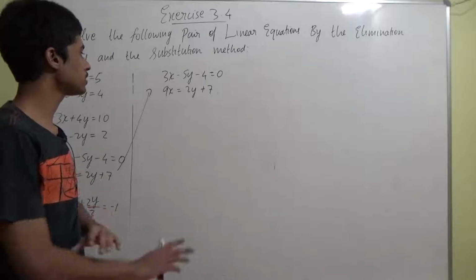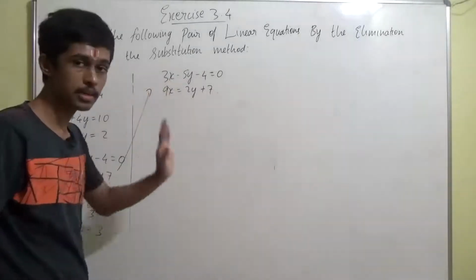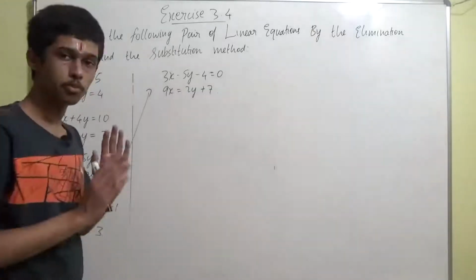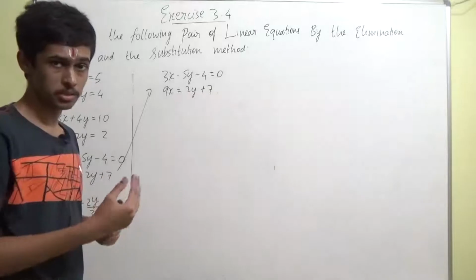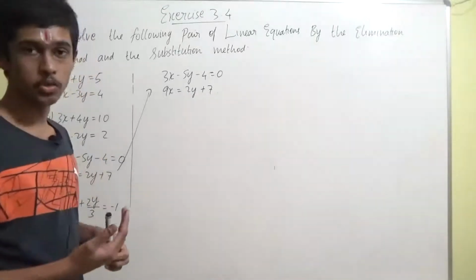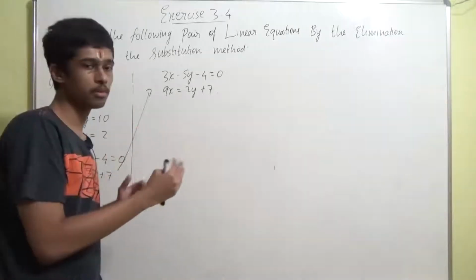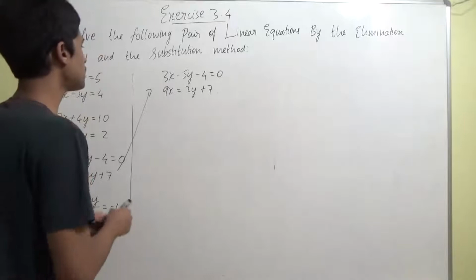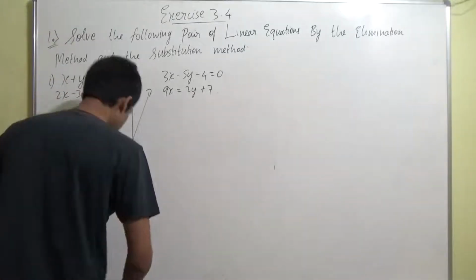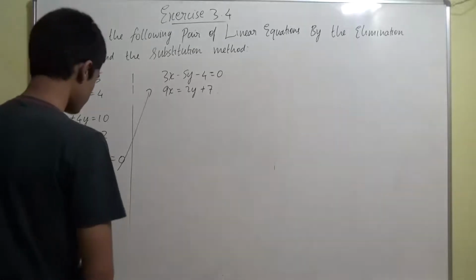So what we'll do first is bring all the terms towards LHS, because in the first equation also all the terms are in LHS, and in RHS let's keep only 0, because there should be some symmetry, right, to do the cancellation or substitution. Then it will be easy to do. If it is in unsymmetrical form, that is if both are in different patterns, it might be a bit tough to do the steps, right? So first I'll do one thing. I will rewrite this second equation. Rewriting the second equation.